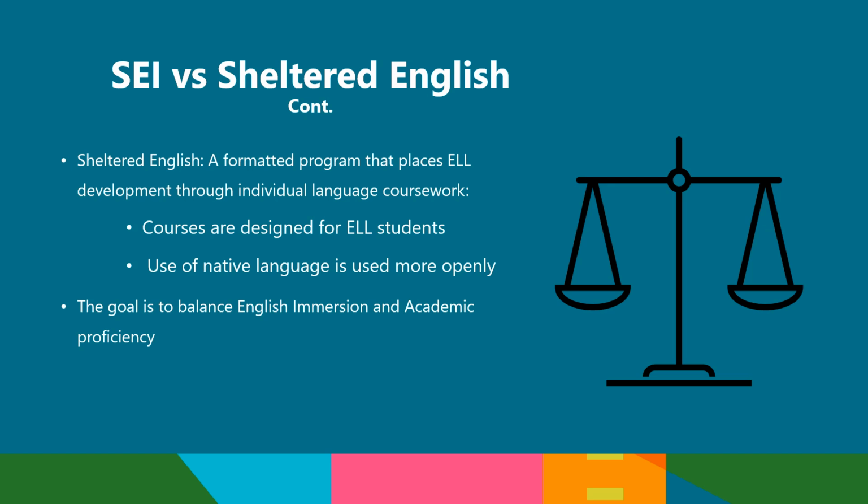These courses, for both structured English immersion and sheltered English, are created with the ELL learner in mind. But the goal for both, obviously, is to balance English and academic proficiency. The great thing about these programs is that you can fluctuate with the amount of immersion and coursework as well as accommodating one-on-one time to help the student move along or maintain pace with their peers. Again, with the goal to make it as equitable as possible.